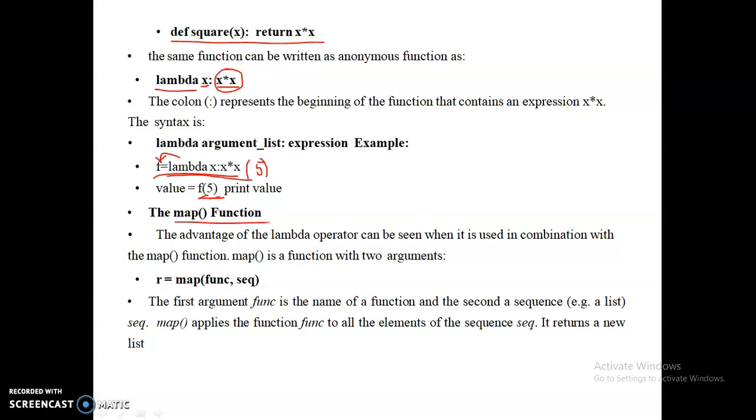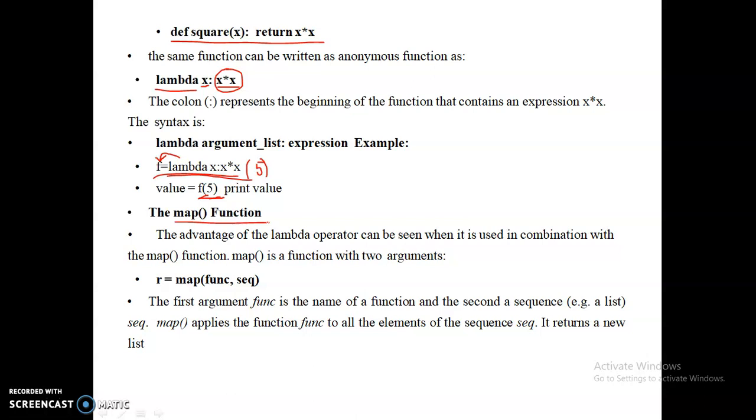Here it has two arguments. The first argument is the function, the second argument is the required list of numbers or sequence of values. The first parameter function is applied to the sequence of values. So whenever you want to apply a function to a list of data or list of elements, we can use the map function.